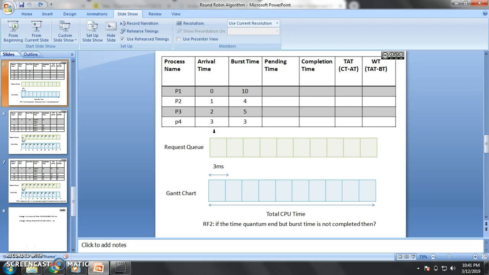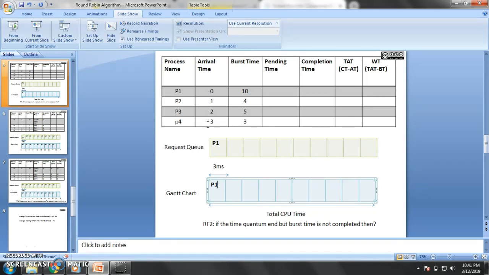Okay, at 0 arrival time, P1 will send a request to the CPU. So P1 will enter into the CPU queue. So P1 will start to execute first. It will continue from 0 to 3 microseconds. After 3 microseconds,